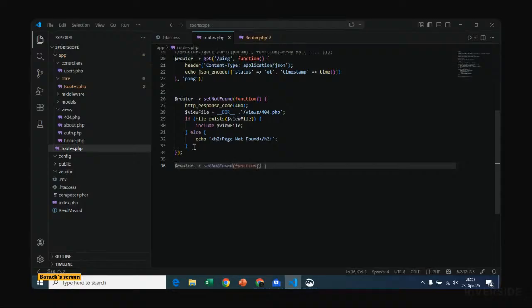Then we can also do something similar for the router of set not allowed. So thank you for guessing, but this is set not allowed. So we do something similar, but this time around it's for 405, not 404. So this is 405.